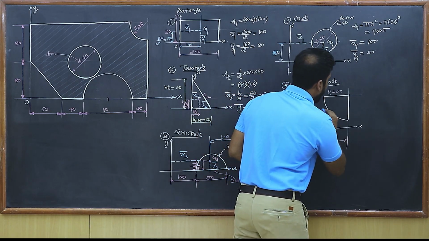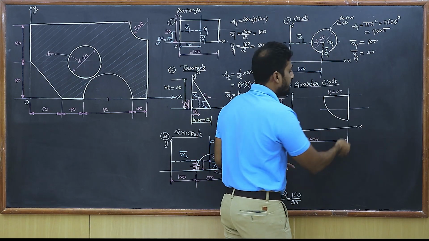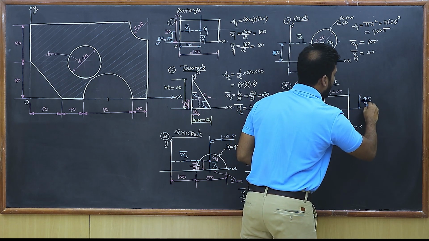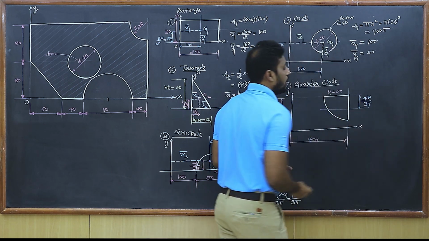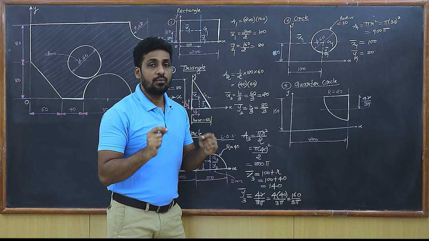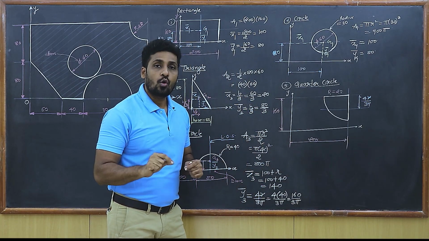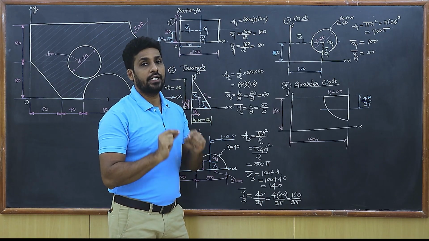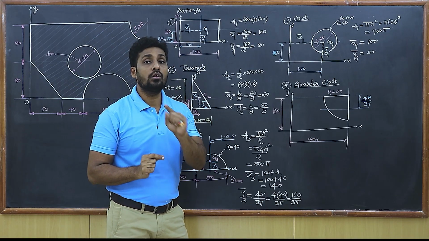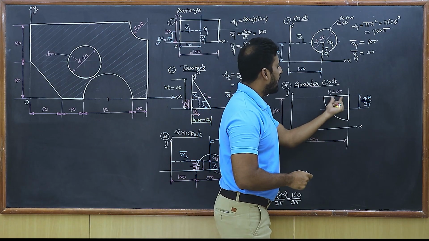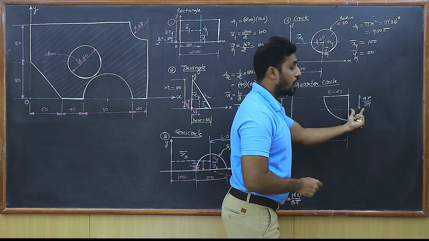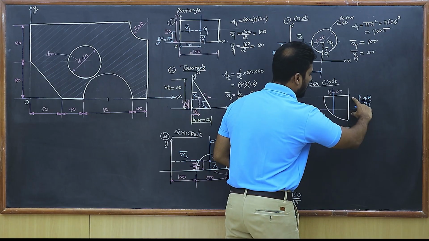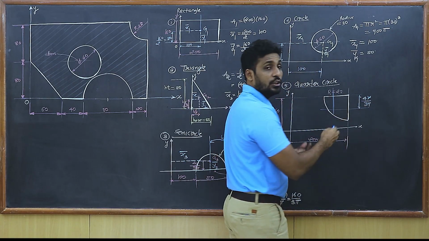So you draw a line which is parallel to this radius such that its distance is 4r upon 3 pi. Isn't it? This is very important, students. You've got to always remember the location of the centroids of the standard shape. So with respect to the radii, the distance of the centroid is always at a distance of 4r upon 3 pi. So this is one parallel line I have drawn to the first radius at a distance of 4r upon 3 pi. Likewise, I will draw another parallel line to the other radius, and its distance is also